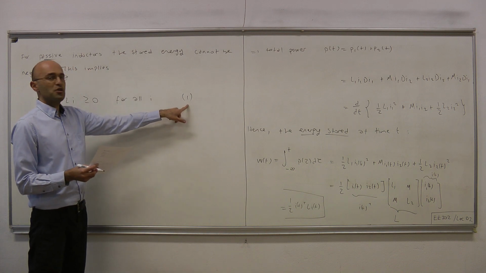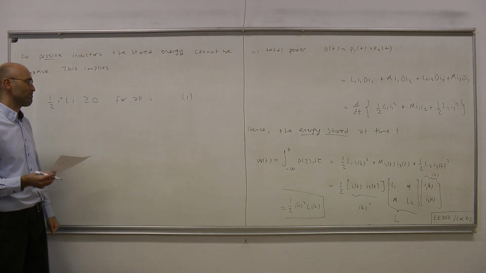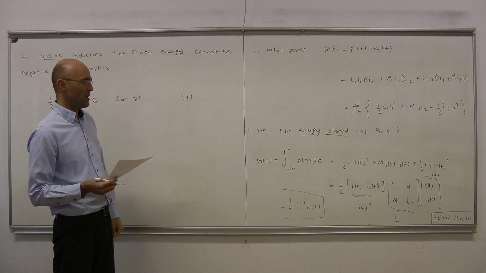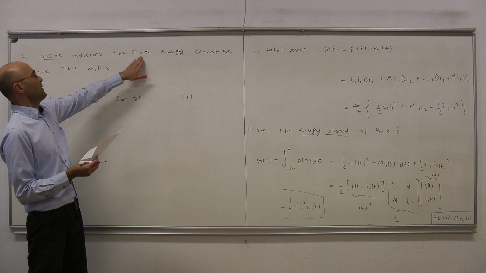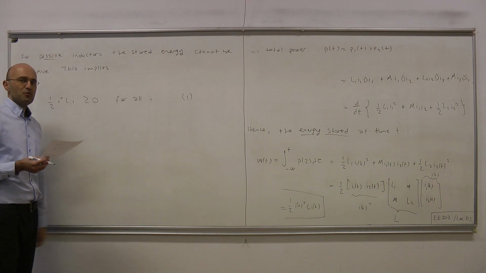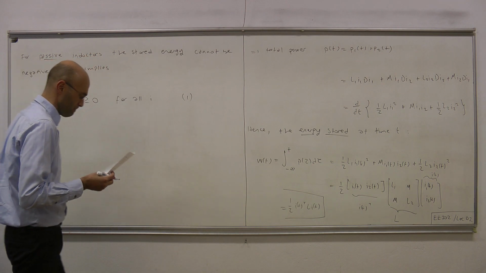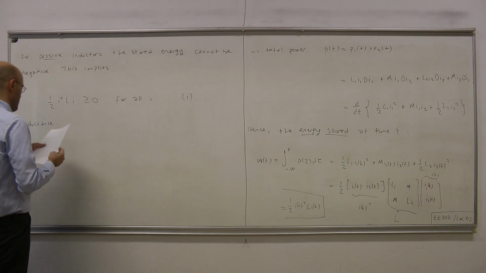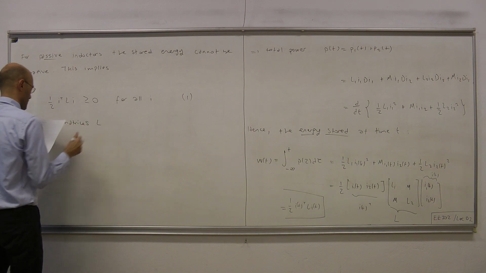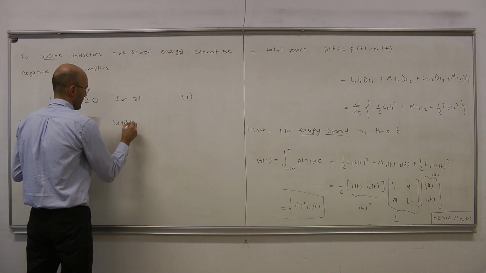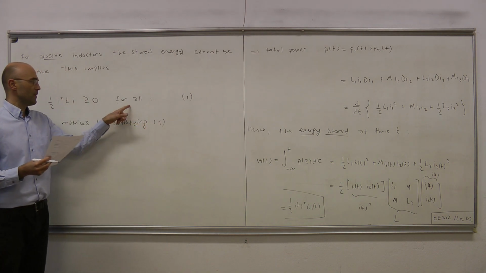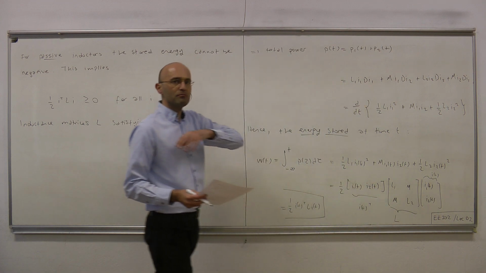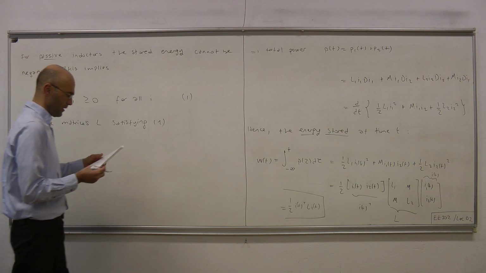So, if this is true for all possible vectors I, then this must contain certain information regarding the inductance matrix L. In other words, we should be able to check passivity directly considering the inductance matrix. And the question is, how can that be done? It's very simple to do that because L is a symmetric matrix. Inductance matrices L satisfying this condition 1, and here we're talking about the general case, not just 2 by 2 L matrices, but general n by n inductance matrices,